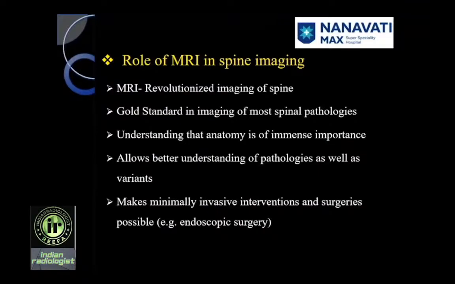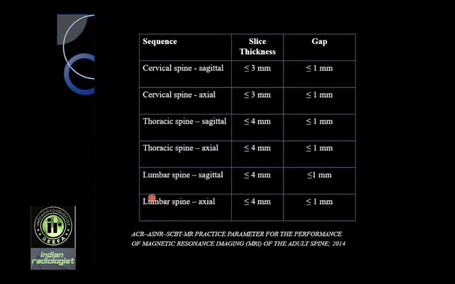Understanding the anatomy is of immense importance because it allows understanding of the pathologies as well as normal variants that we look for. It makes minimally invasive interventions and surgeries possible because of the details that it provides to the spinal surgeon. These are the current American College of Radiology, ASMR and SCBT guidelines for which sequences need to be performed